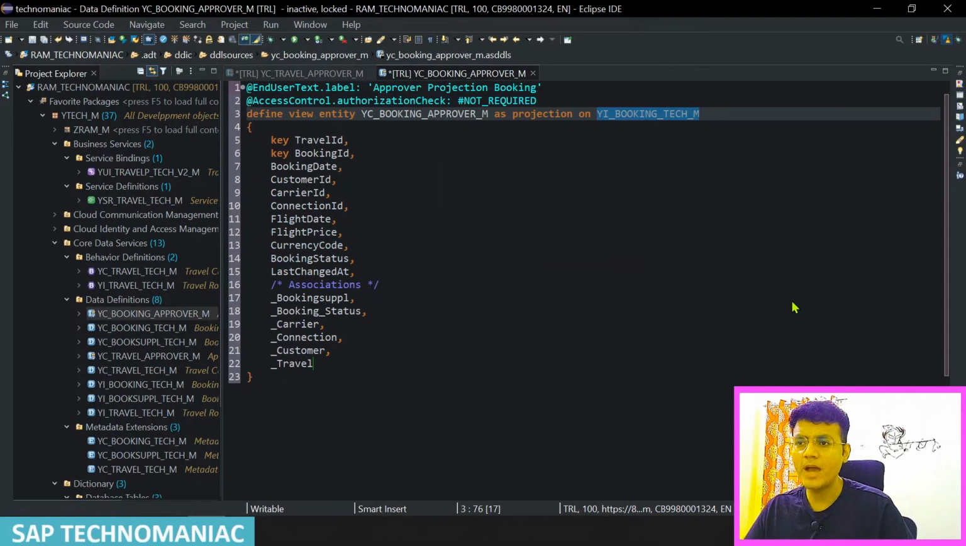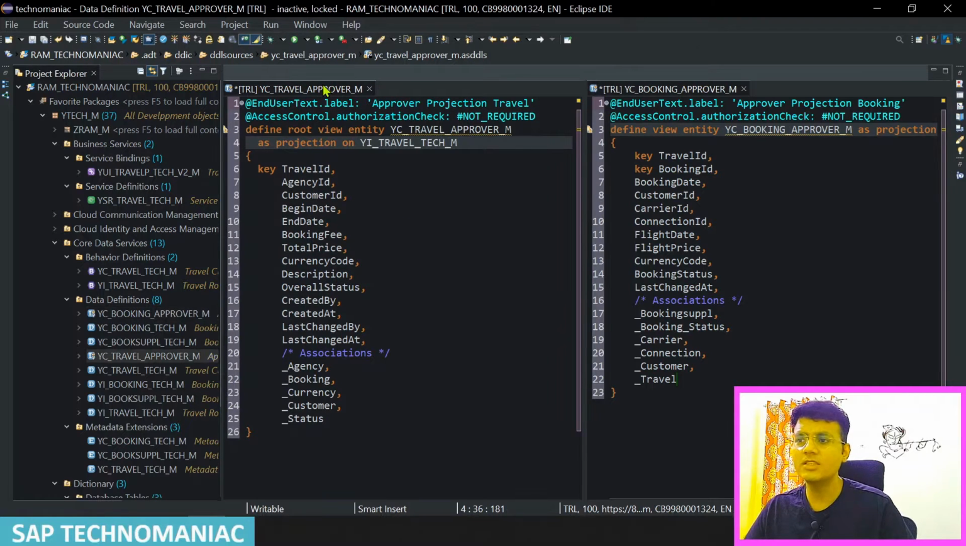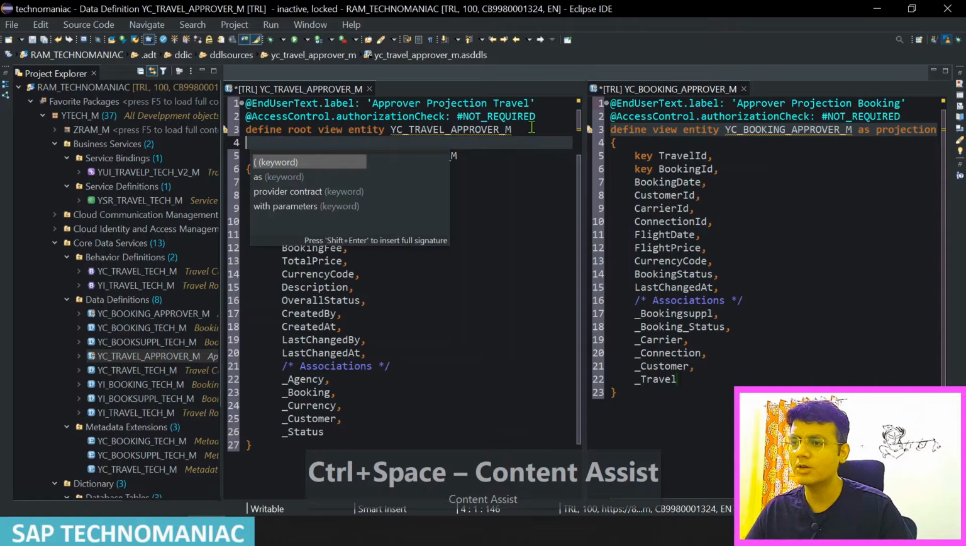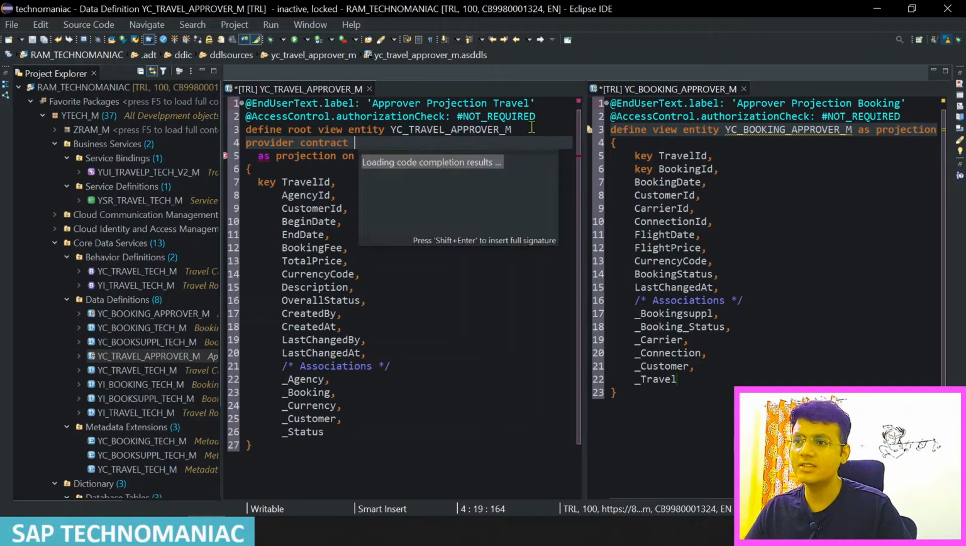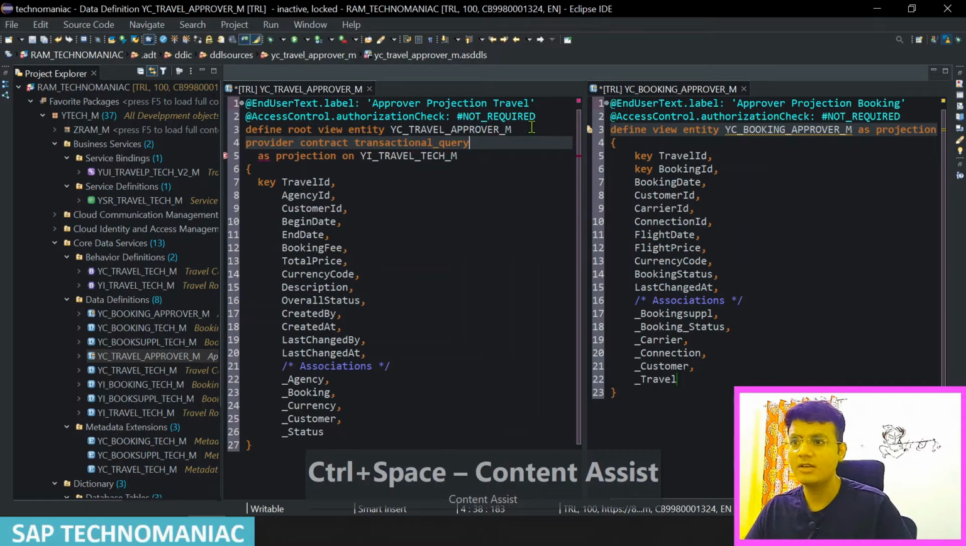So let me open both parallelly quickly. If you see this one, here we are getting one warning over here. We can remove. Okay, transactional provider we have to add. You can just do control space, and provider contract we can add as a transactional query, and it will be